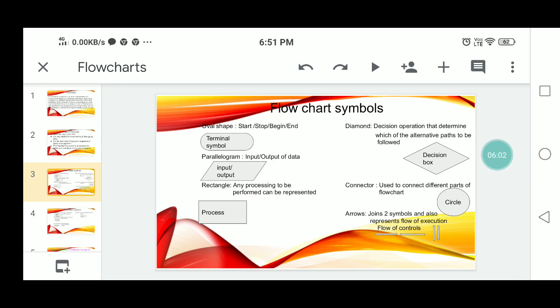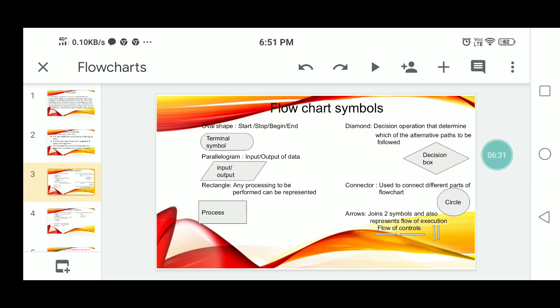The decision making statements are written inside of this symbol. Decision operations determine which of the alternative paths is to be followed. So alternative paths are either true or false, yes or no. It will be indicated on two sides of this decision making box, either left and right sides, or top and bottom.